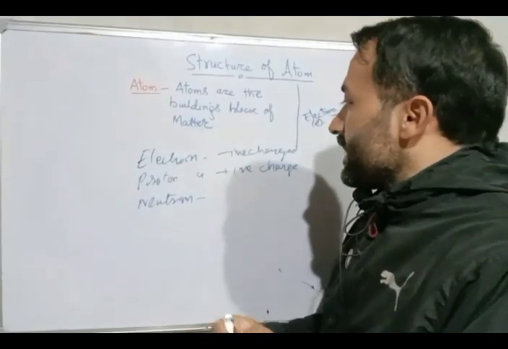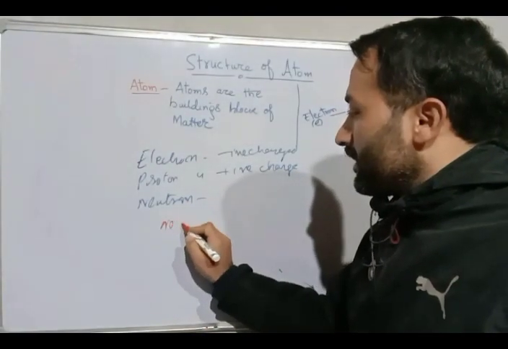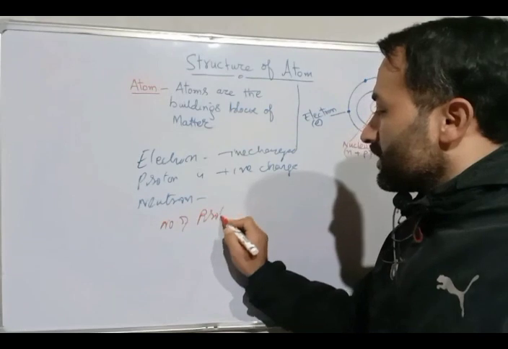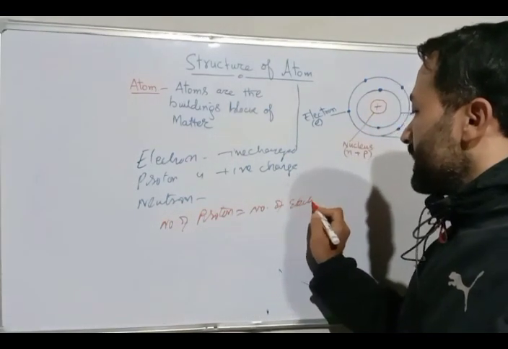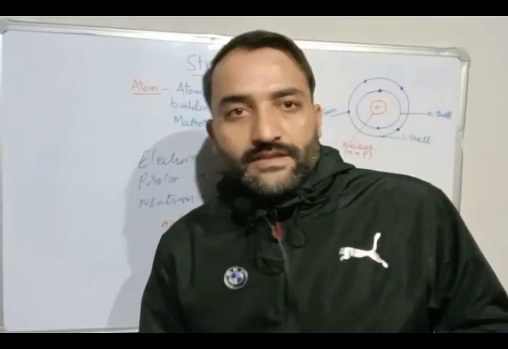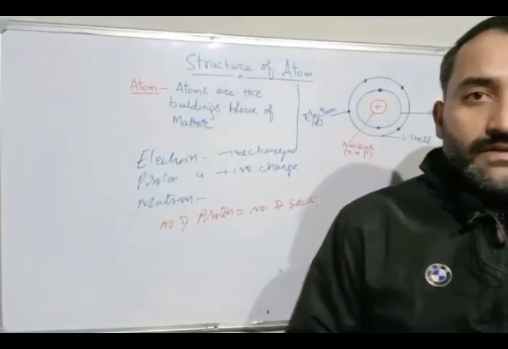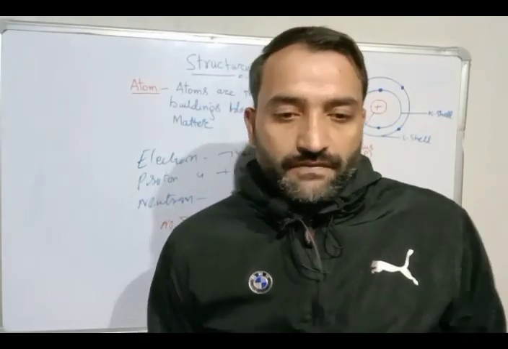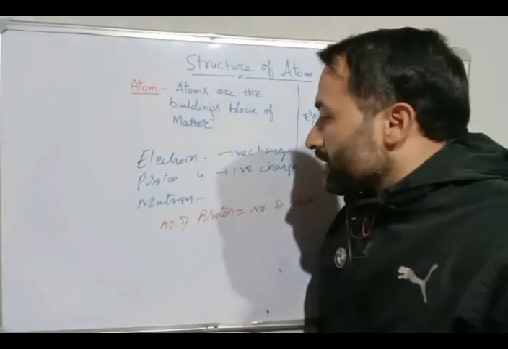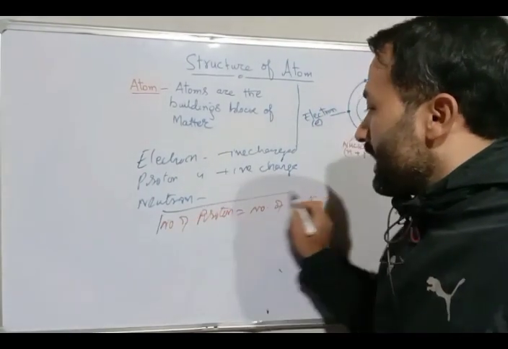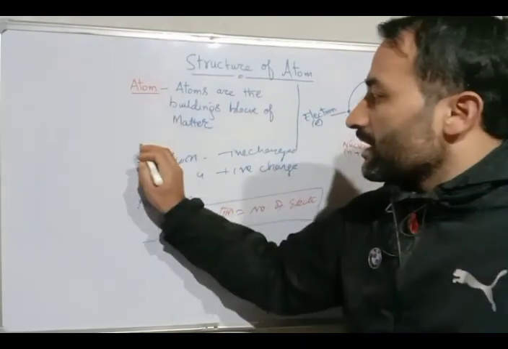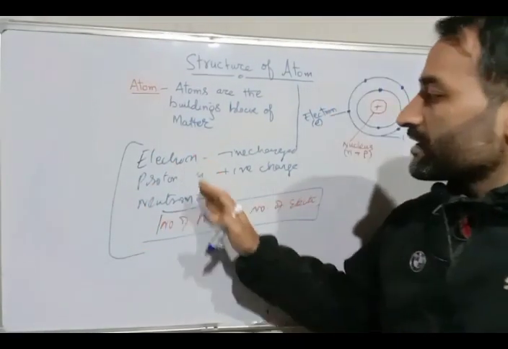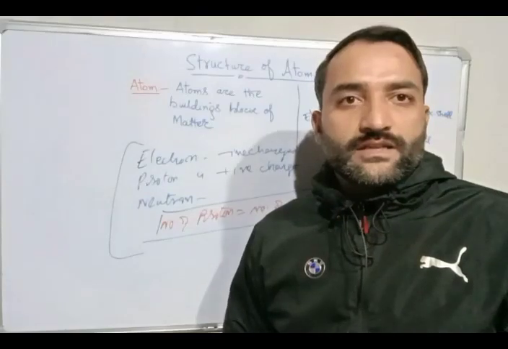If we see in any atom, the number of protons is always equal to the number of electrons. It means that negative charge is always balanced by positive charges present in the nucleus of an atom. So, in a nutshell, an atom is electrically neutral. Now, you might be wondering how these electrons, protons, and neutrons are arranged in the atom.